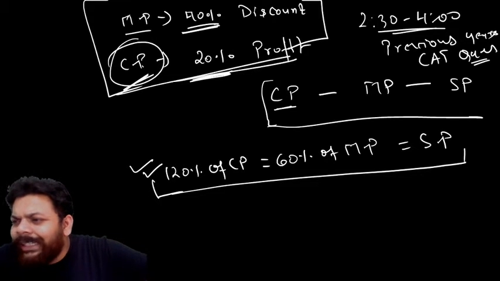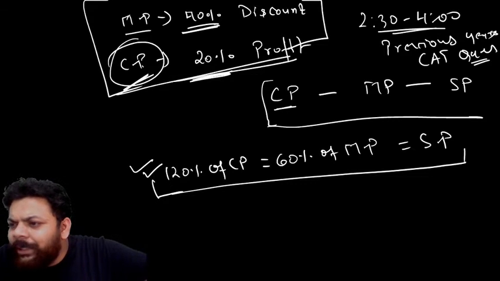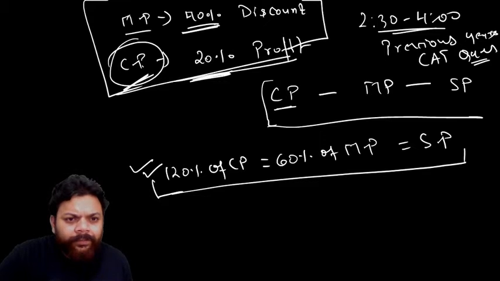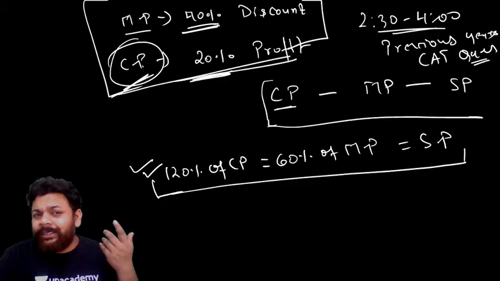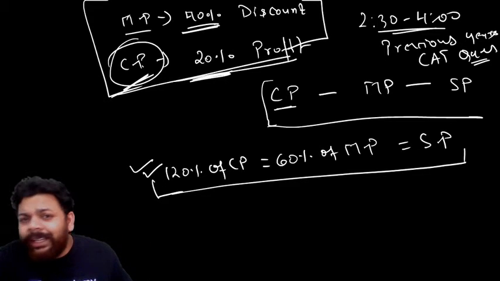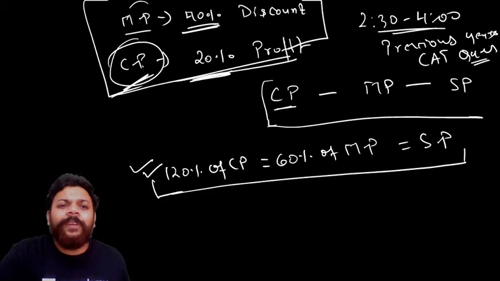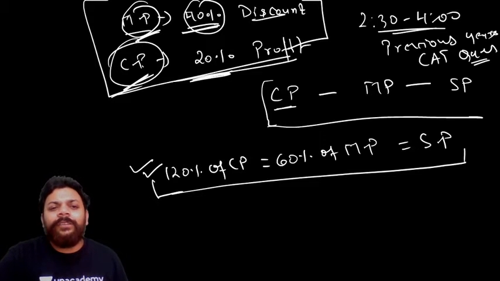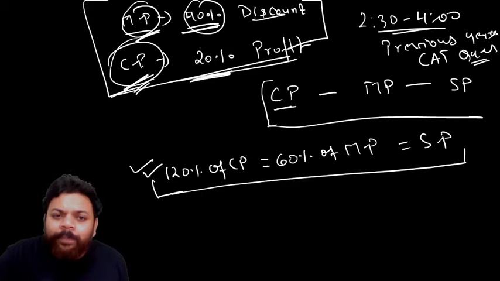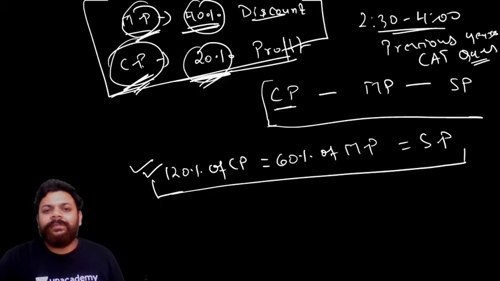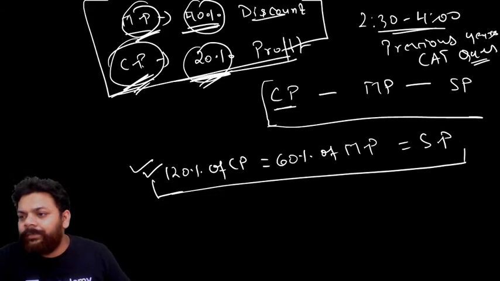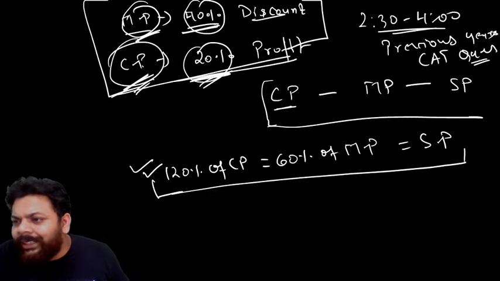तो इस मार्क प्राइस इज 200% ऑफ सीपी, नहीं ऐसा नहीं है। मैंने कॉस्ट प्राइस से रिलेटेड कुछ बोला ही नहीं है, मैंने सिर्फ इतना बोला है, इफ आई गिव अ डिस्काउंट ऑफ 40% ऑन मार्क प्राइस and still I was able to get a profit of 20%. So this was my statement. That's absolutely correct, Shivendra.